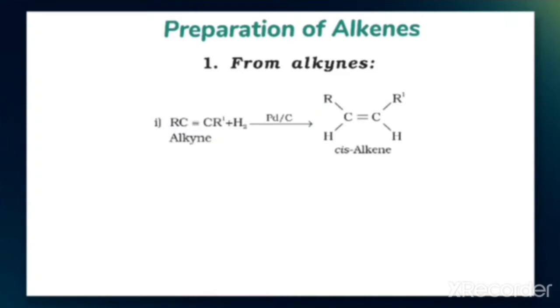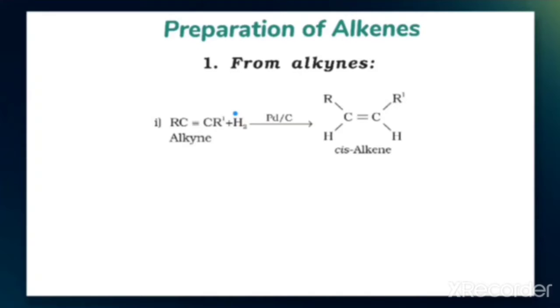So how do we prepare an alkene from this? Alkynes on partial reduction with a calculated amount of dihydrogen in the presence of palladized charcoal, partially deactivated with poisons like sulfur compounds, give alkenes. So the reduction of the alkyne is done here, resulting in the formation of an alkene. How do we do the reduction? That means the addition of hydrogen is taking place.